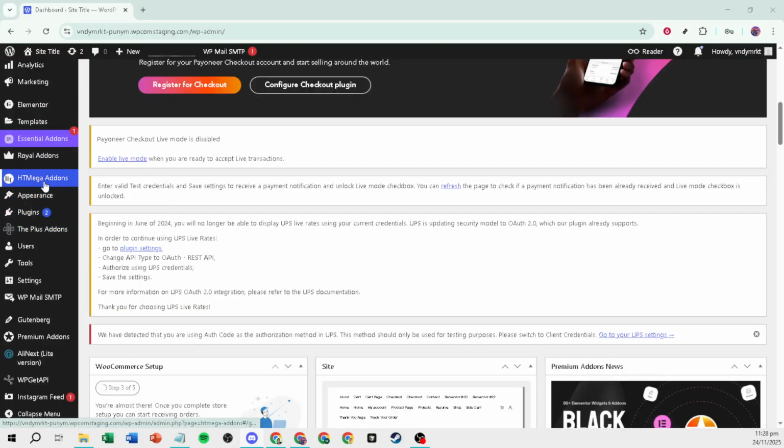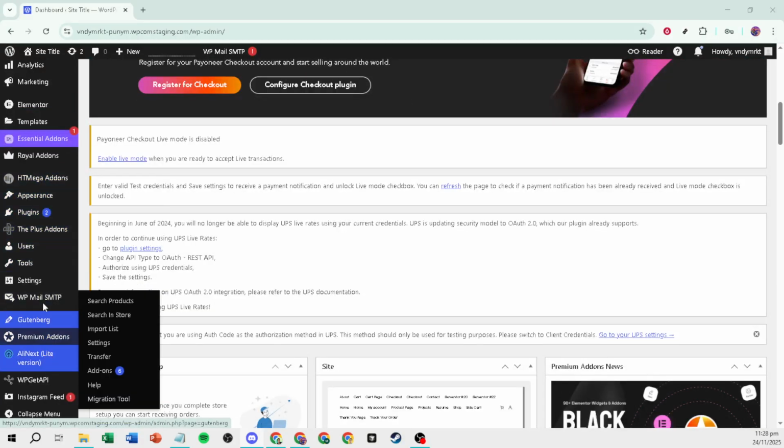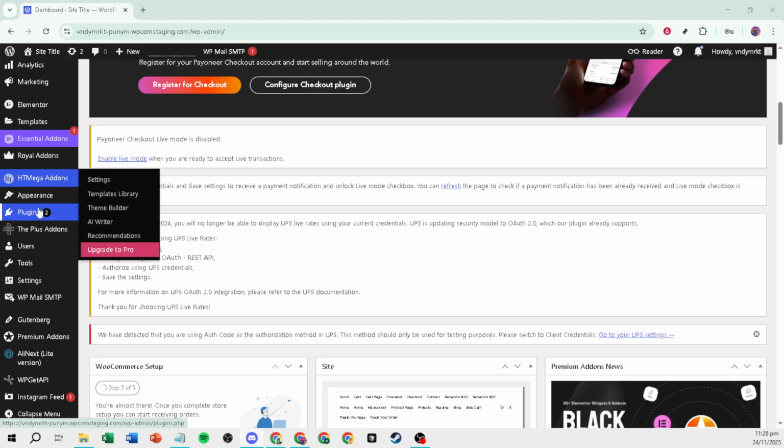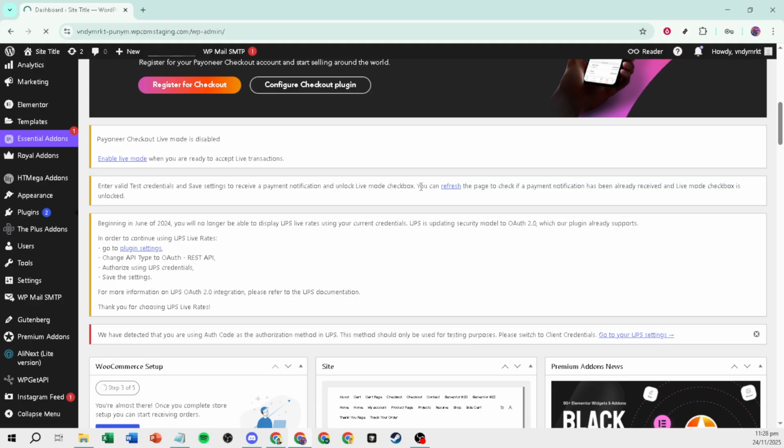Now that you're logged into your WordPress admin panel, the first thing you need to do is navigate to the plugins section. On the left-hand menu, you'll see the plugins option. Go ahead and click on that to open up your plugin management area. This section is crucial because plugins are essentially the extensions that will allow us to customize and enhance our WordPress